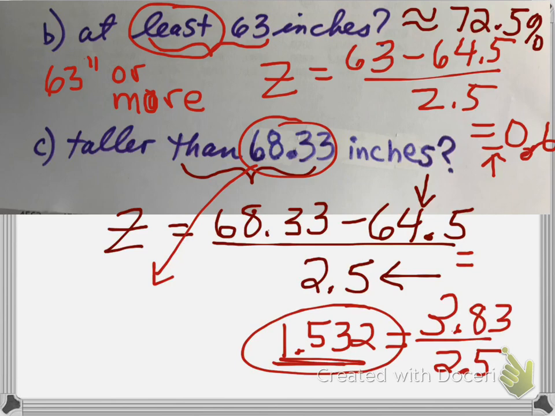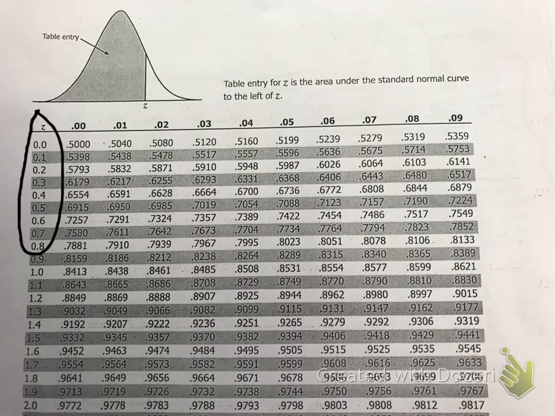Notice we got a z-score that is positive this time. That's because 68 1/3 inches is taller than 64.5. So if you have someone that is bigger than the mean, you're going to have a positive z-score. Someone that's shorter than the mean will have a negative z-score. So that's why you have two sides to that table. So let's find the probability because this is just the z-score. So 1.532. So we're going to go to the z table,